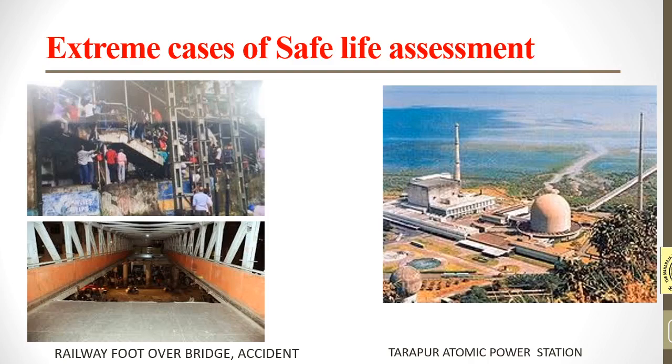All the old structures are required to be tested using one or more non-destructive testings routinely, that is repeatedly at some specific interval of time. But if this is not done properly, then it may cause a very huge accident and sometimes take lives of many human beings also. Okay, so this is about introduction